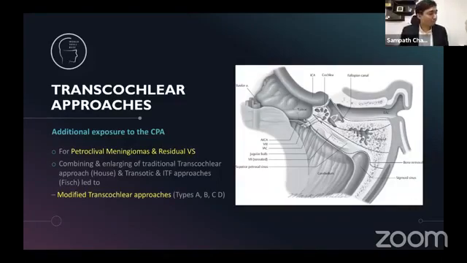Sir, I'll list out the question, sir. Yeah. There was one question. What is the proximal limit of facial nerve exposure for posterior rerouting of the facial nerve? See, now all questions regarding posterior rerouting of the facial nerve, I will answer after transcochlear approaches, because that's something I've not covered so far. Okay, so we'll skip that question, but it's a very important question. I like the question, but no point in talking about something that I've not taught so far. So we'll keep that question to after the second half of the presentation.